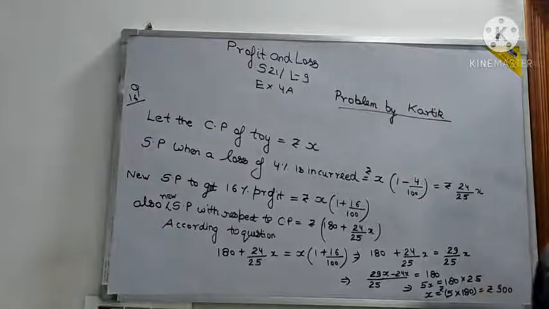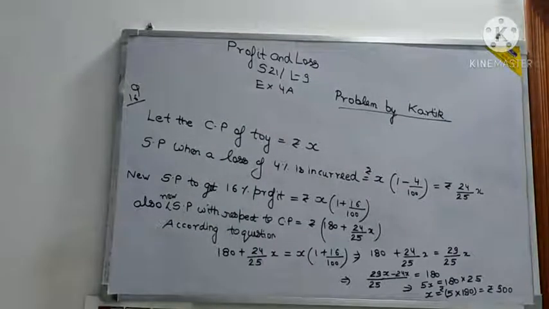Now it is important to see what the question has asked. The question has asked the cost price. Yes, cost price only they have asked, and it is rupees 900. So how have we done this question? We have done it using this method: first of all you take the CP as X, and then using the CP as X you calculate the SP using the formula, 1 minus loss percent upon 100 into CP. Then it is saying that if you are selling at 180 rupees more, then with that SP and CP.